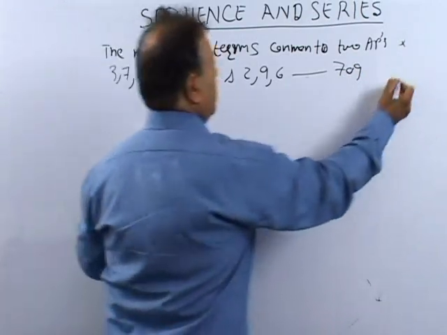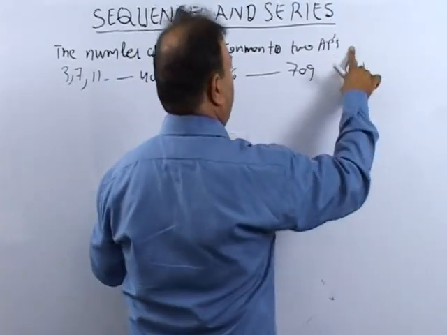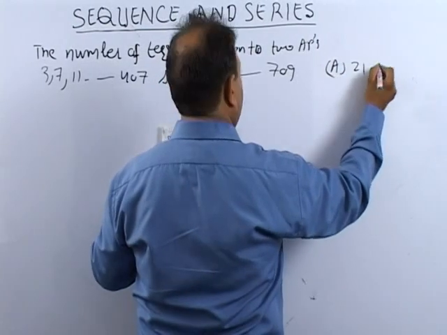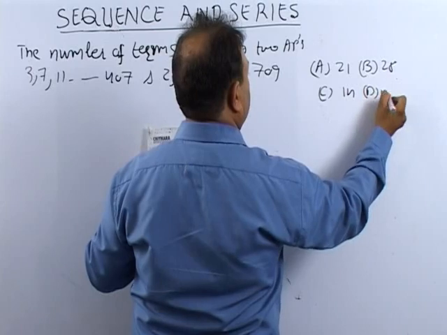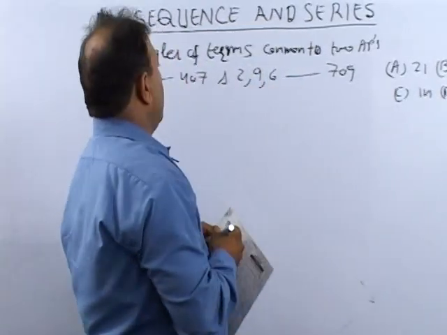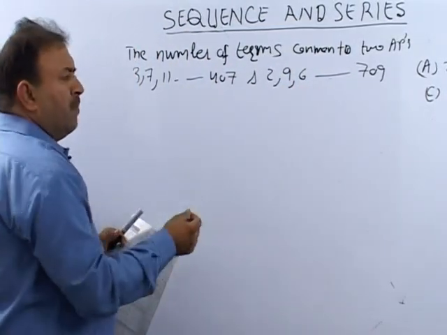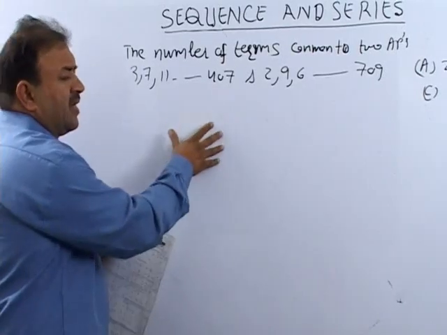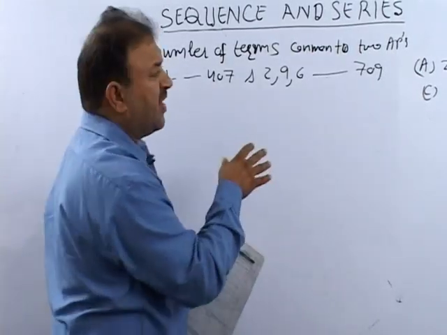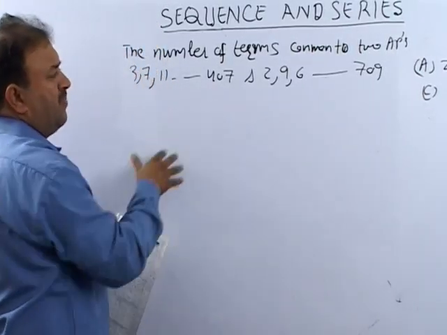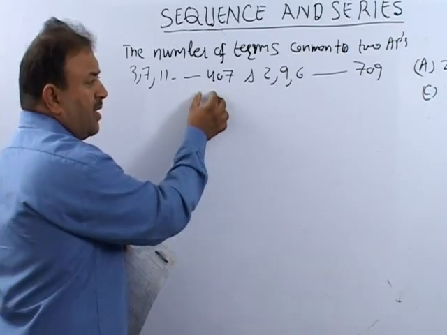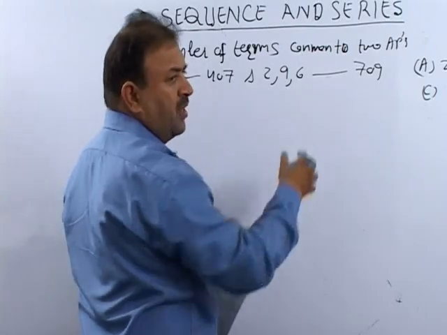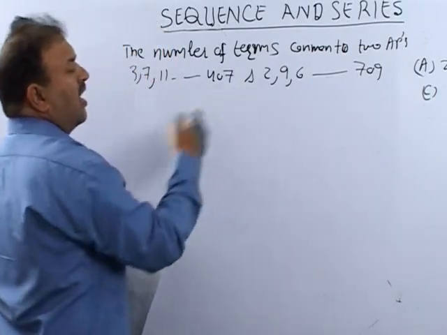The options given are: A is 21, B is 28, C is 14, and D is none of these. Now similarly, I am doing exactly the same. See, I am repeating it, it is a lengthy question and a little difficult to understand, that is why I took another example so that you know how we do it. Take the pth term of this and the qth term of this, which is the last common term.